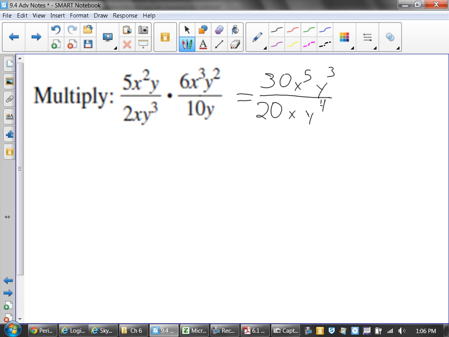All right, it's 3 over 2. You can just move from 0 to 3 over 2. Now who wins, x to the 5th or x? x to the 5th. So what's 5 minus 1? x to the 4. And remember how the rule was: since the 5 is in the numerator, it wins, the value stays up